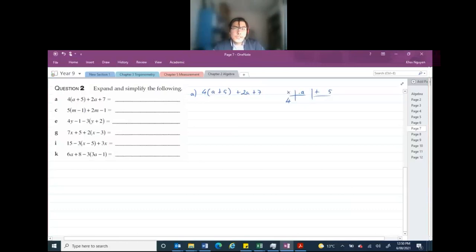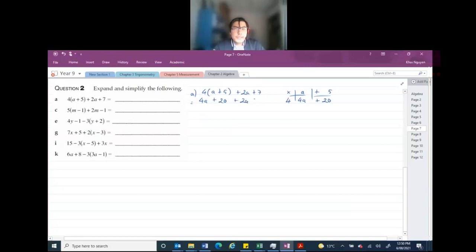So 4 times A is 4A, 4 times plus 5, a positive and a positive is a positive, and 4 times 5 is 20. So let's rewrite this without the brackets. We would have 4A plus 20 plus 2A